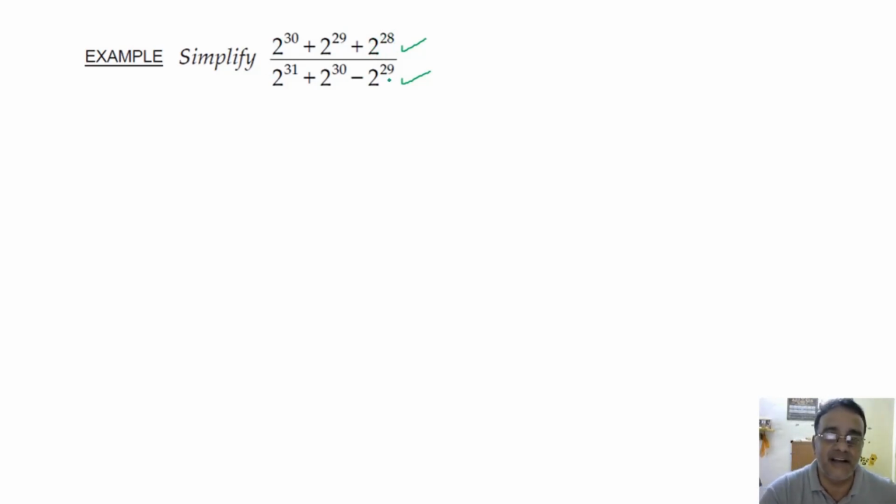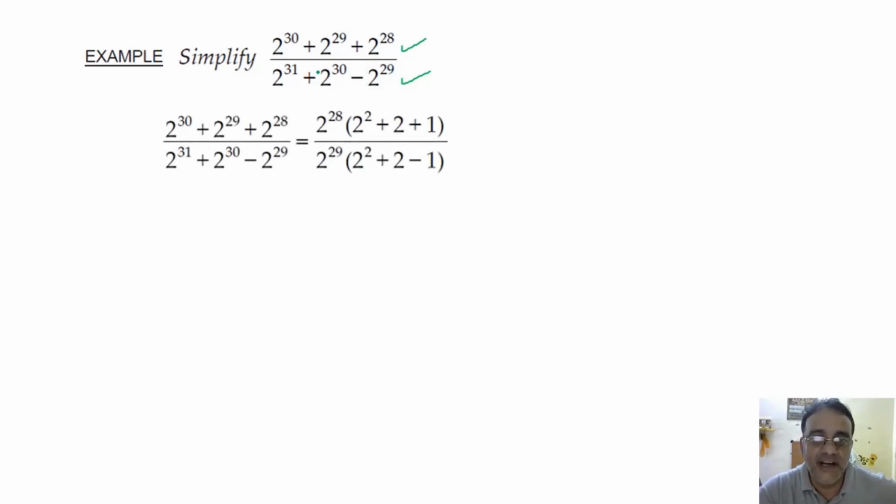Okay. बाहर निकालेंगे. So यहाँ पे lowest power क्या है? What is the lowest power? 2 to the power 29. So 2 to the power 29 we will take common from the denominator. Right. So यहाँ से जब common निकालोगे 2 to the 28 निकालेंगे तो 2 बचेगा here. 29 में से power 28 निकालेंगे तो 1 बचेगा, और ये यहाँ पे पूरा निकाल दिए तो +1. Similarly in the denominator also 2 power 2 and this will be 1. Clear है?